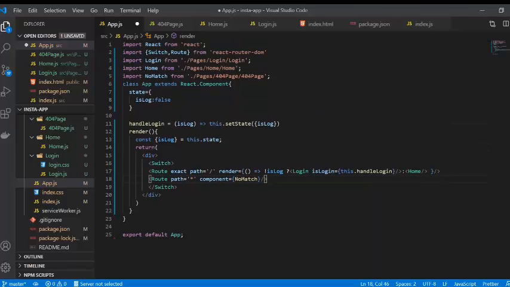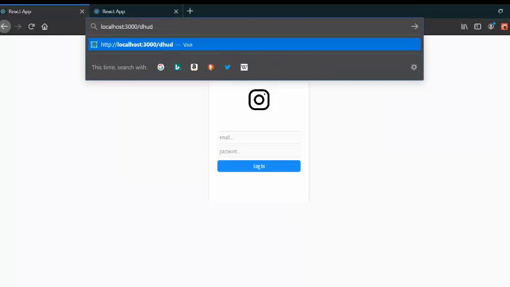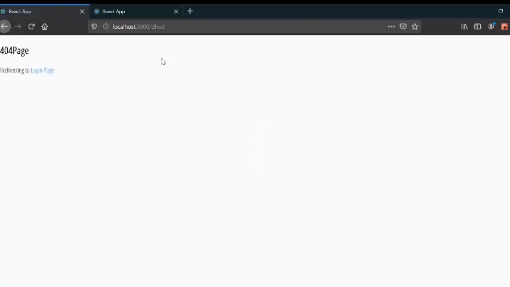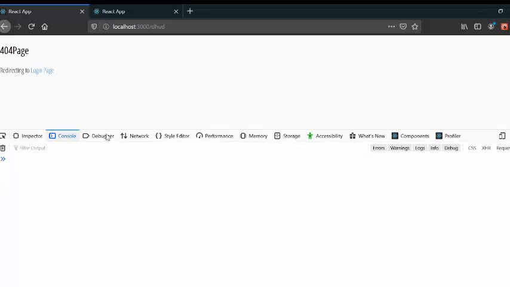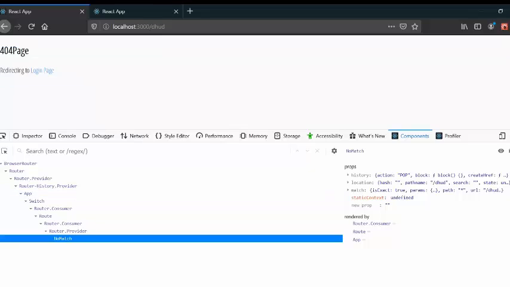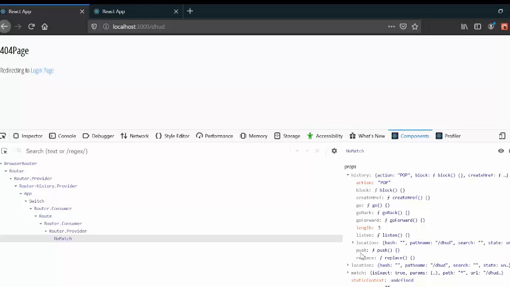Now if we just save it and go to our page here, and if I just type in anything and go to this login page, but we want to redirect to the login page, right? Just whenever we click on it. For this to happen, I'm going to show you in the console, under components, there is this NoMatch. We have the props like history, location and match. So what we need for now is this history prop, and in history what we need is this push